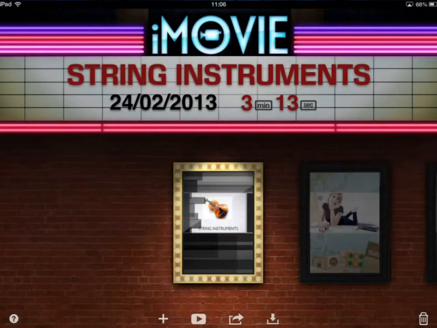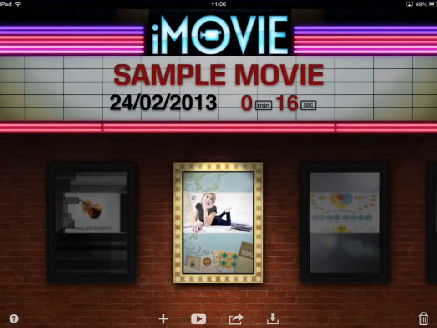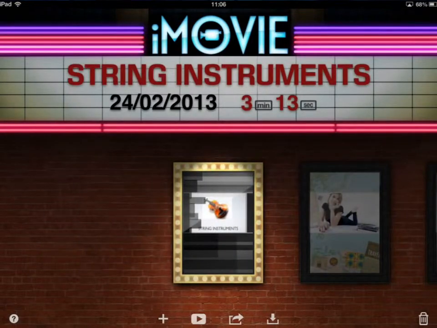Welcome to this short screencast on how to use iMovie. When you load iMovie, you'll be taken through to a screen similar to this, although you won't actually have any movies there already. To start a new movie, we need to look at the plus symbol in the bottom area